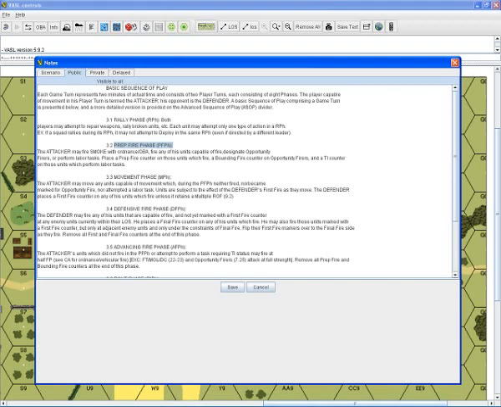PFPH, the prep fire phase. Basically, think of this as the attacker gets to shoot with any of his units that are capable of shooting. There's a few other minor things that you can do, or non-common things, I guess I should say, such as